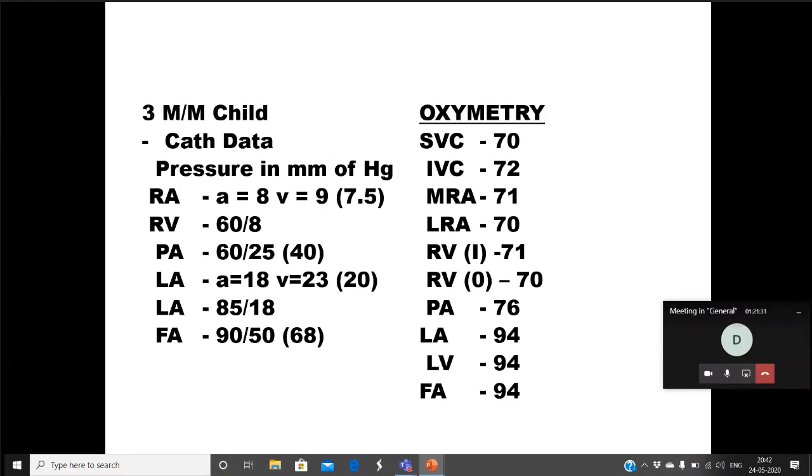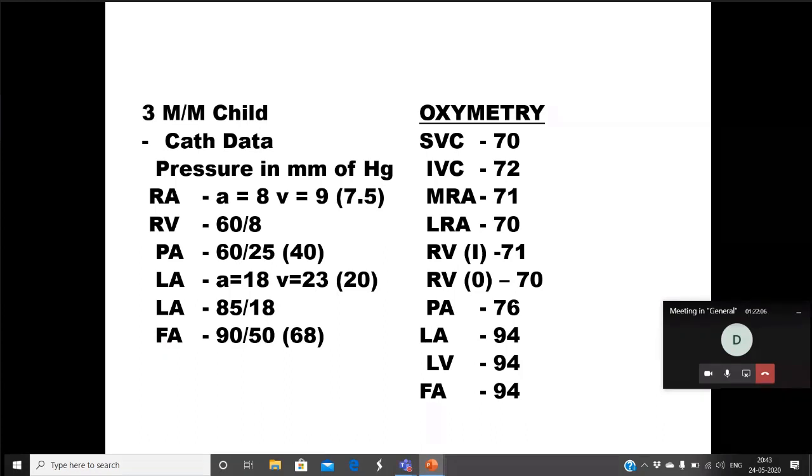Okay, so what are the abnormalities that you will see in the pressure data? Sir, LV end diastolic pressure is elevated, sir. Very good. And LV systolic pressure is low. So overall cardiac output is also low. Oh, 3-month-old child, 85, 90, you can still take it as maybe it can be passed off as normal. So usually a 3-month-old child can have 90 millimeters, which can still be passed off as normal. You should have mentioned there is an elevation of the RV pressure. The pressure has not regressed. Normally by 3 months there should be a regression of the pulmonary artery pressure, but it has not happened.